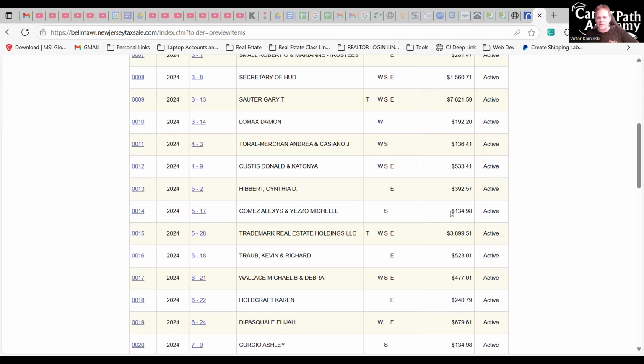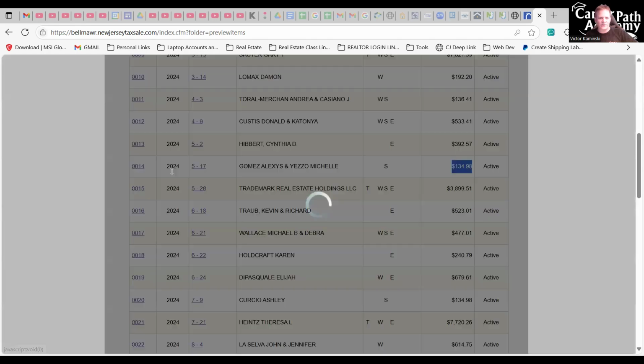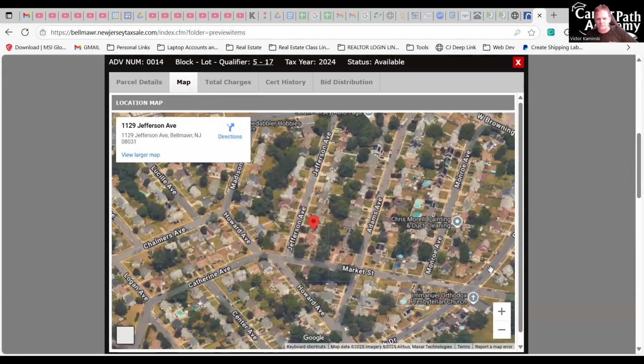Here's one sewer bill. They didn't pay $134. Imagine losing your house over $134. These people are currently in danger of that. So this will go to auction. Somebody wins a certificate, and then these property owners have 2 years to pay back $134 plus whatever interest rate. And if they don't, you could foreclose on them over $134 and get their house free and clear. Let's see what kind of house you get for $134.